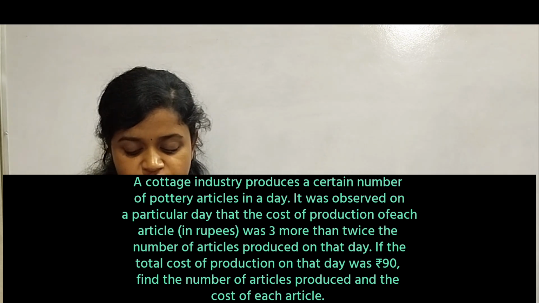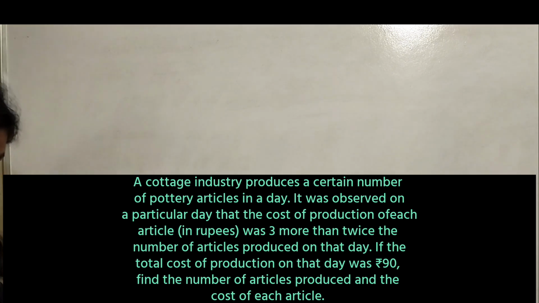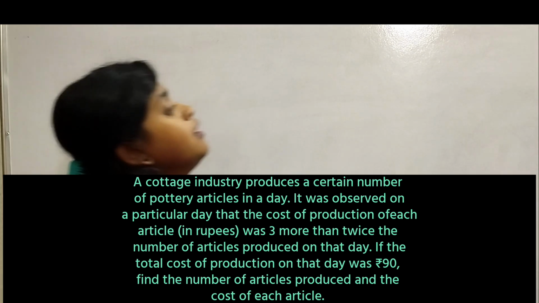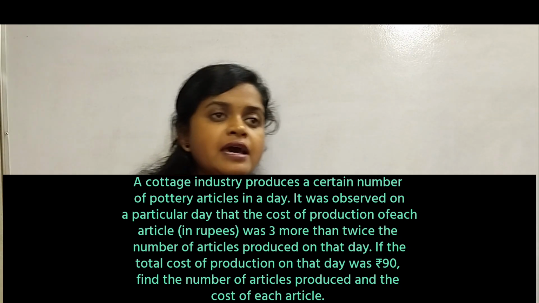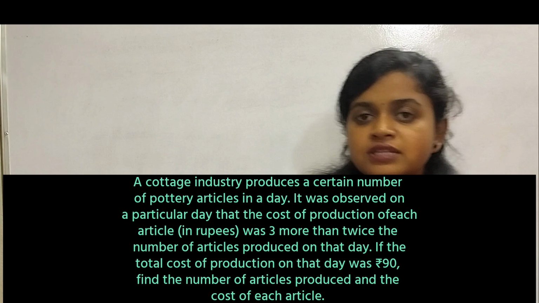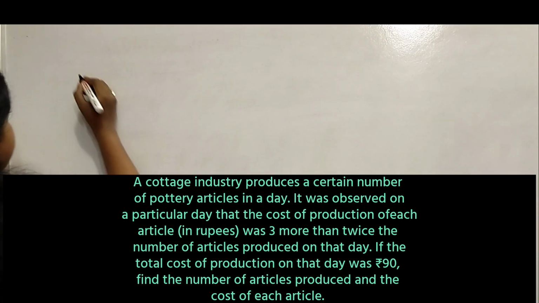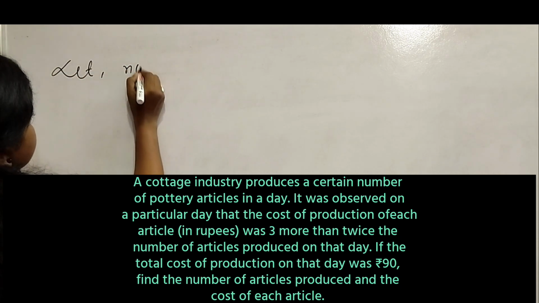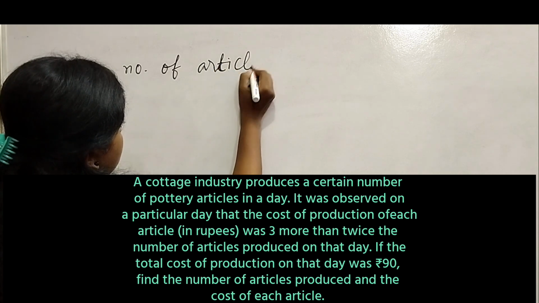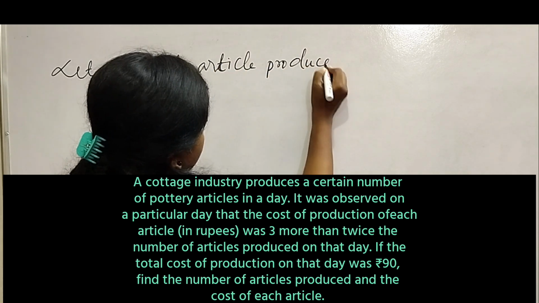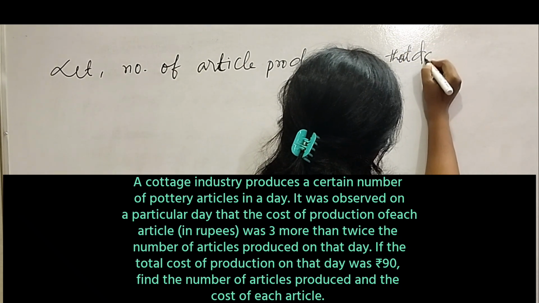So, means in a factory a certain number of articles is produced on a day, and their rupees is determined like that: 3 more than twice the number of articles. So I can take, let the number of articles produced on the day, on that day you can say,